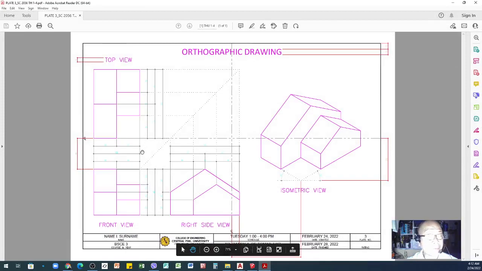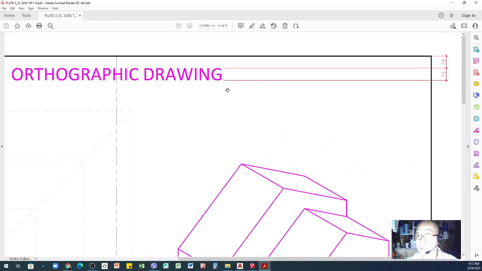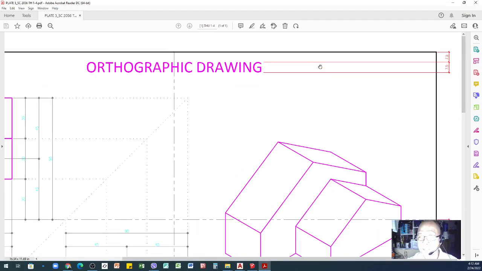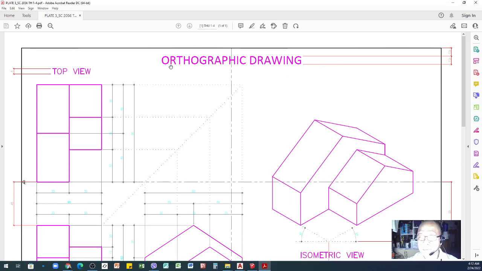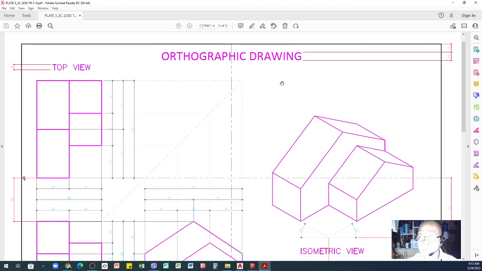This is already a converted PDF file from AutoCAD. This will be the final output that you will do, or what I'm expecting you to do, and I'll base my corrections on this. So I will explain the content. You have the title here, which I have given a text height of 7.5, at a distance of 7.5 from your top borderline. You already learned how to create text, so no need to explain.